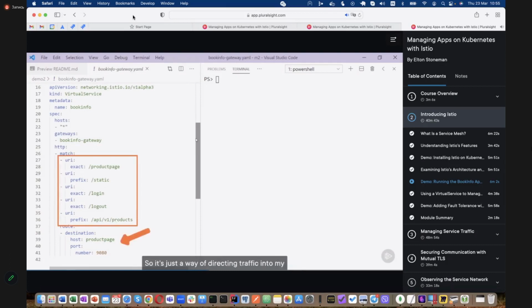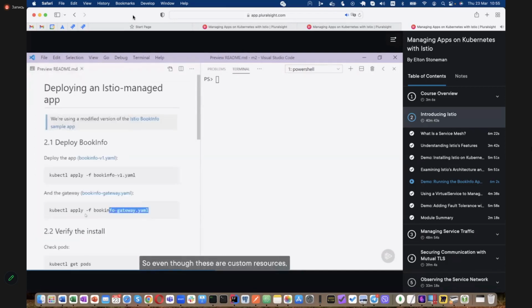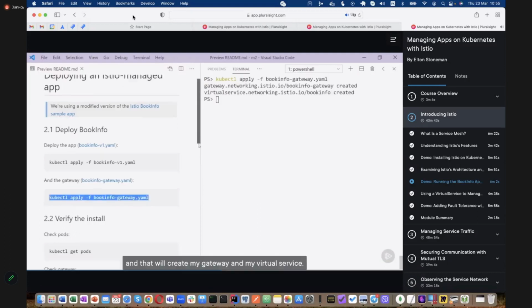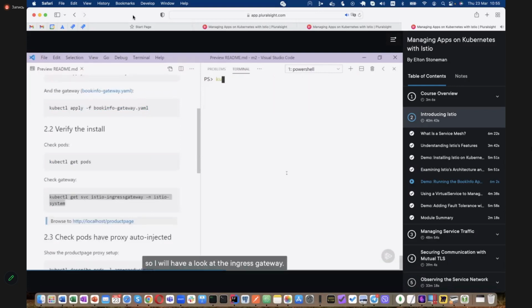So it's just a way of directing traffic into my application that comes into my cluster. Okay, so I deploy that in the same way. Even though these are custom resources, I'm still using kubectl apply, and that will create my gateway and my virtual service. I've seen the pods are already running for my application, so I will have a look at the